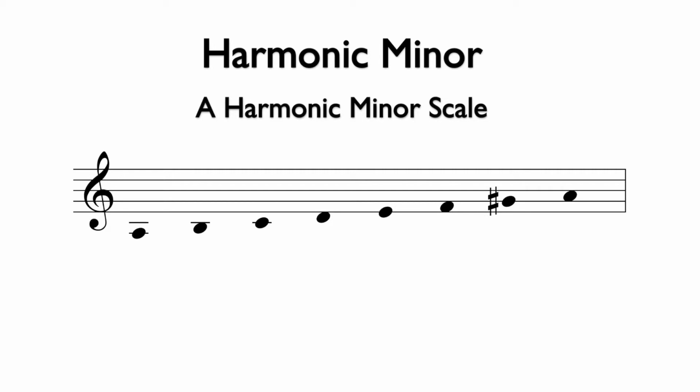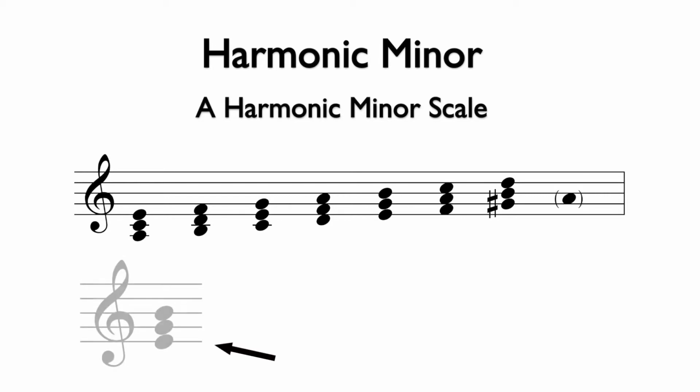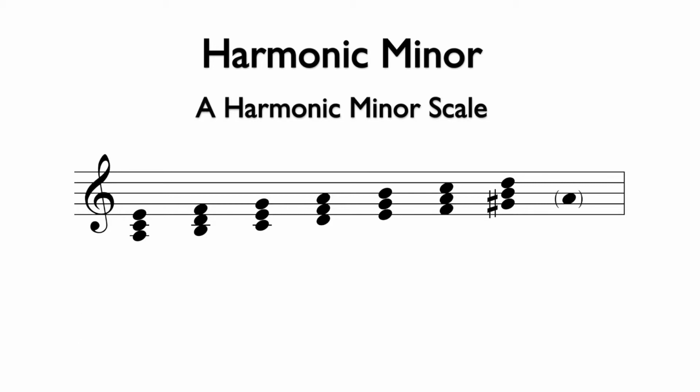We can now follow the same process that we followed for creating the chords from the major and natural minor scales. We will add 2 notes in stacked thirds above each note of the scale, giving us line, line, line, or space, space, space. To come up with the correct chords for harmonic minor, we need to be sure that any chord that has the raised 7th of the scale, in this case G sharp, also has that note in the chords. So I will add the following G sharps.